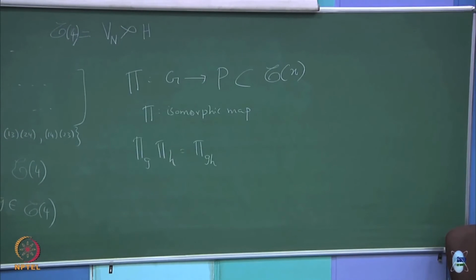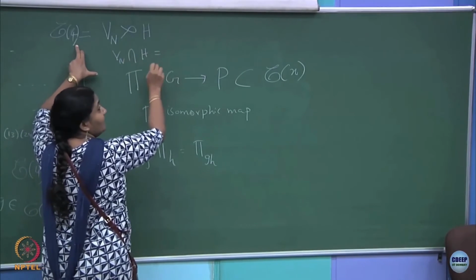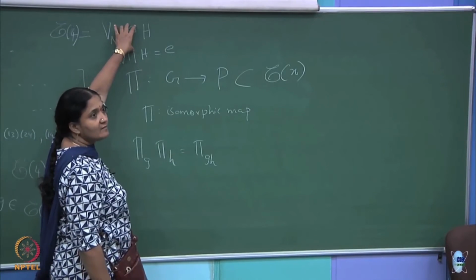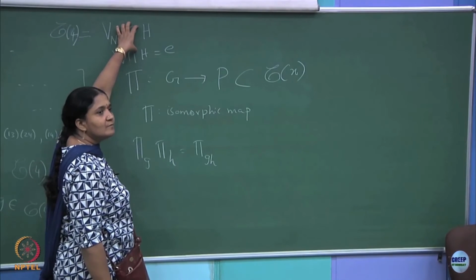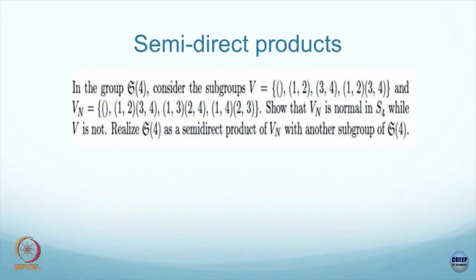right. Did you people try it out? Anybody has some insight on what should be that subgroup's elements? What is the requirement? The elements of Vn intersection elements of H has to be only the identity element. That is the definition of a semi-direct product. Semi-direct product is given by the symbol. Okay. So, this is the symbol for semi-direct product with this condition. Then you are asked to find a subgroup H such that the semi-direct product gives you all the elements of that symmetric group of degree 4.